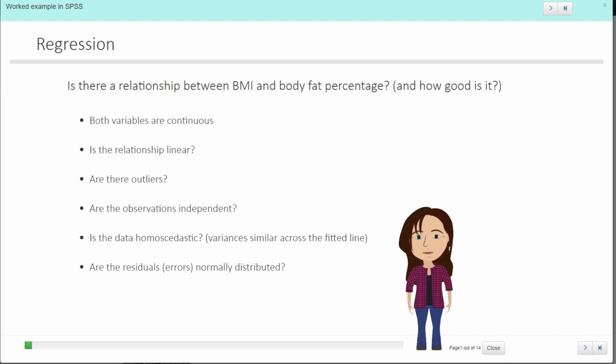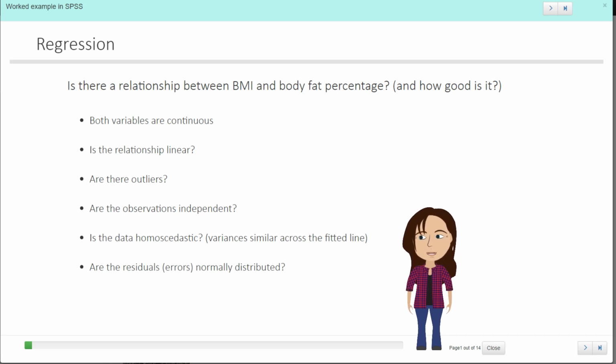this course. So we want to answer the question, is there a relationship between BMI and body fat percentage? And if there is, how good is it? This is not the actual data from the paper, it's just data that I've created to look a bit like it for comparison. So when we're running a regression, the things that we're interested in is, are the variables continuous,